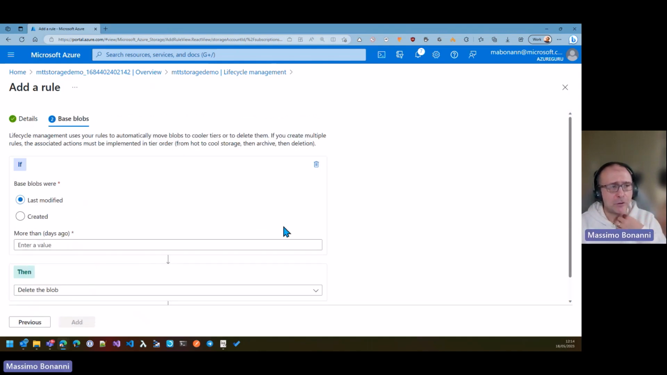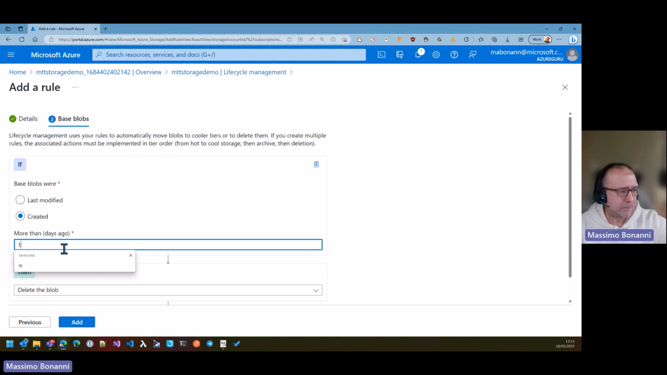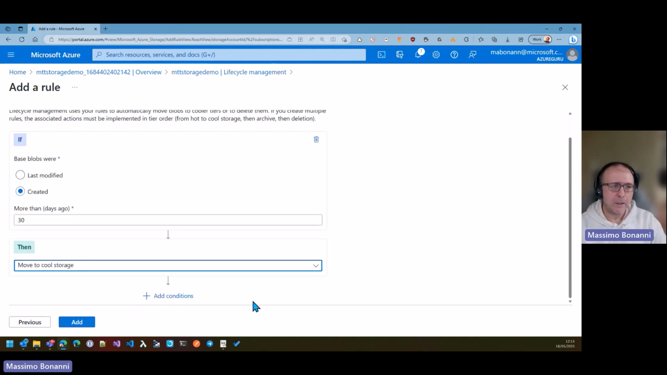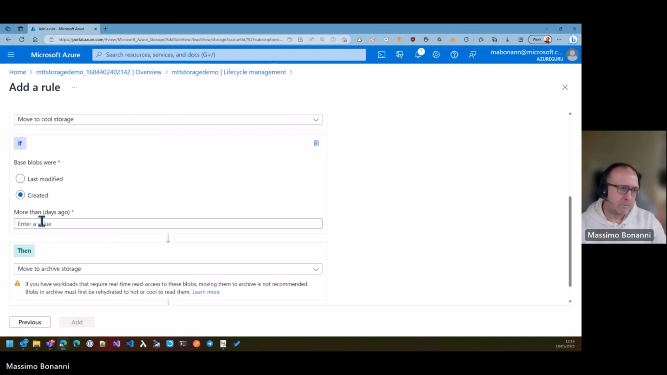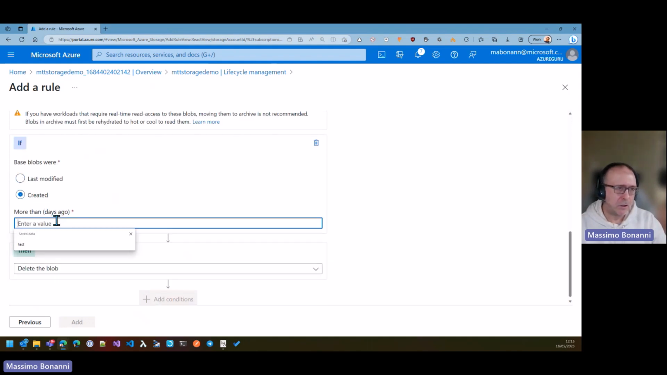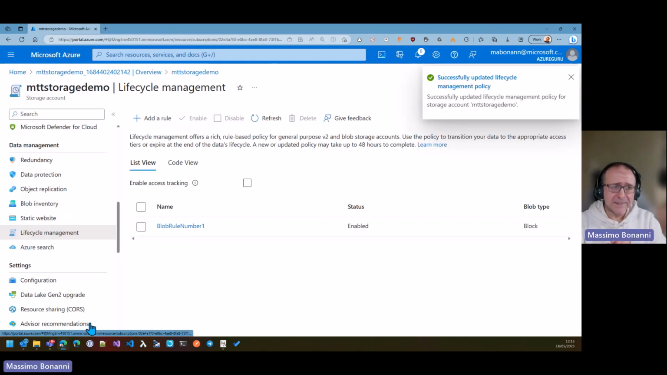So the idea is, in the next step, I configure the condition that moves blobs from hot to cool to archive. So I can say, let me say 30 days after the creation, you move to cool. Then after 180 days, you move to archive. And then finally, after, I don't know, 1000 days, delete the blob. I can add. And starting from now, it's up to Azure to